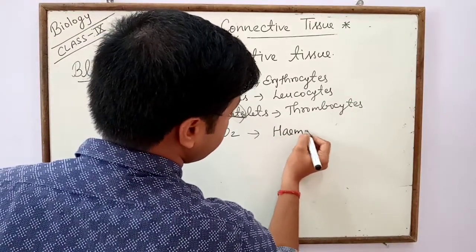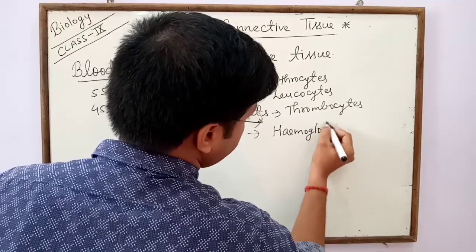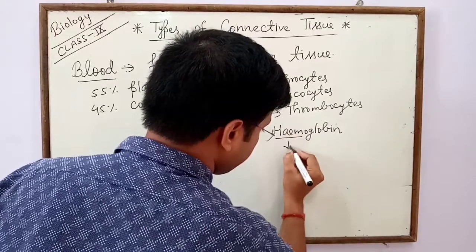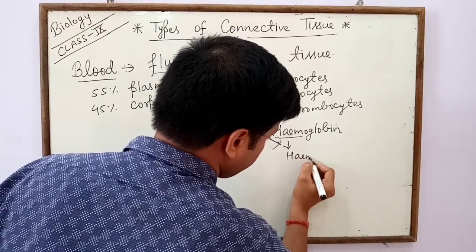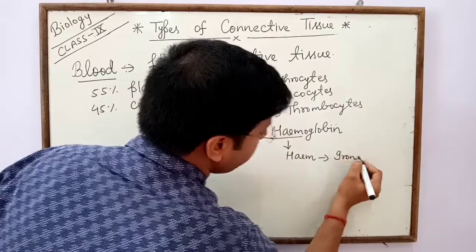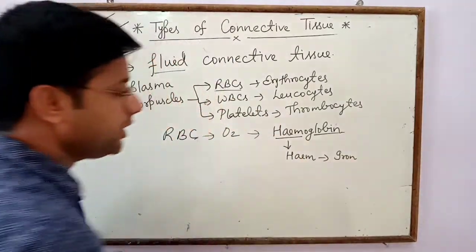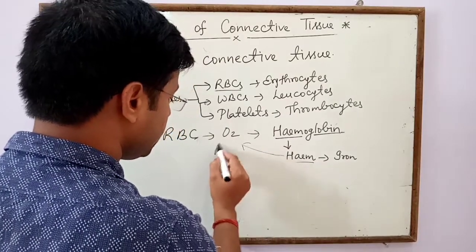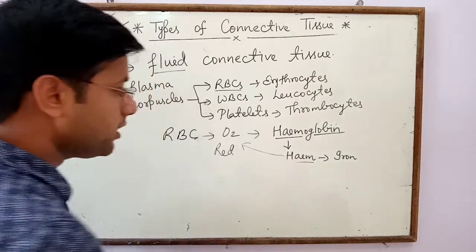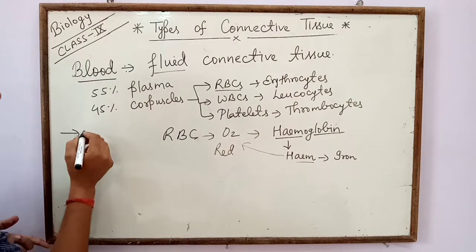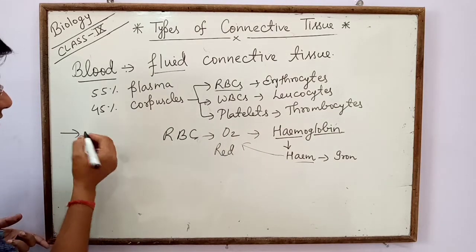Hemoglobin is made up of heme, an iron-containing pigment, and globin protein. Due to the presence of iron in heme, blood is red in color. Blood is responsible for the transportation of many types of substances,